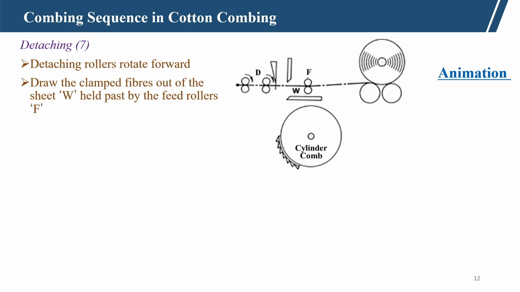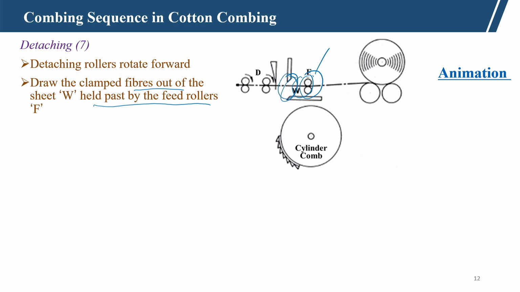Now, the detaching roller rotates in the forward direction and draws the fibers out of the lap sheet, which is held fast by the feed roller. So, the fiber lap will be gripped by the feed roller. At this point the feed roller does not rotate, so it does not feed. So, this will be pulled and the fringe will be torn apart from that